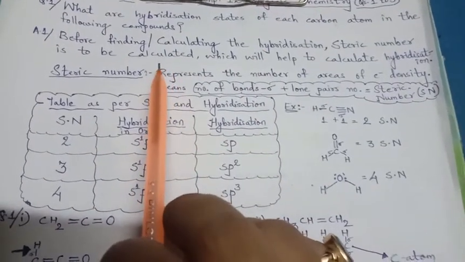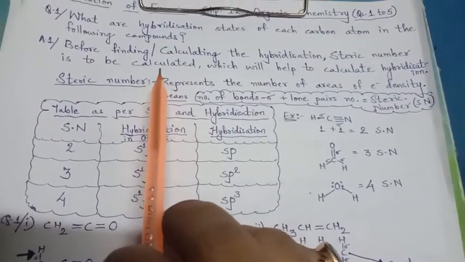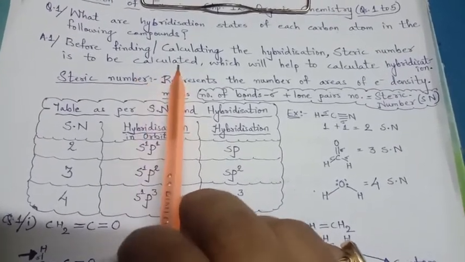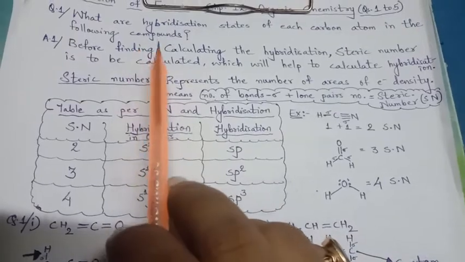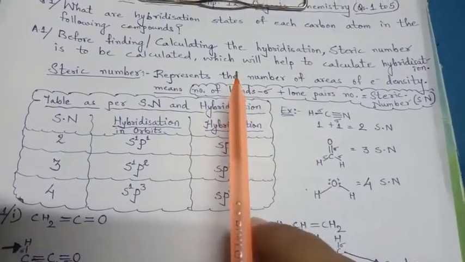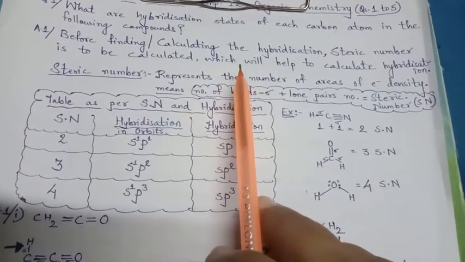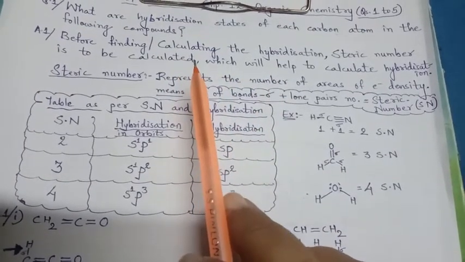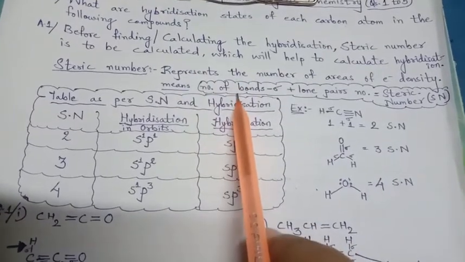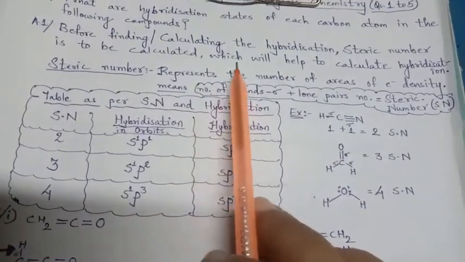We have already learned how to calculate, but at that time what that number is called was not taught to you, and that was one more method. Here is also one more method, so please keep in mind both are applicable. What we learned in the 4th chapter we can also apply, and what we are going to learn today is also applicable.